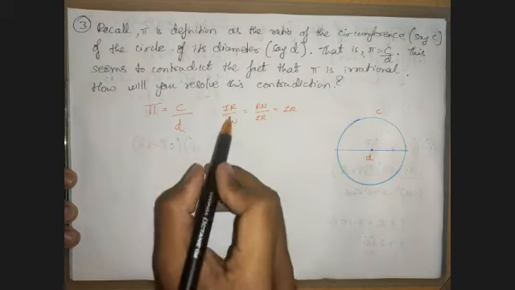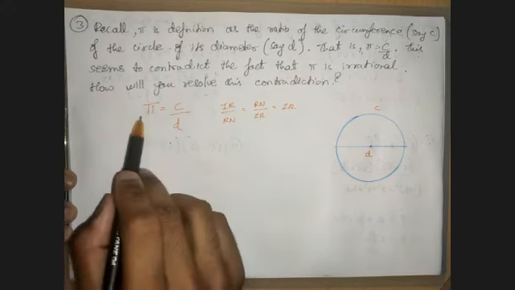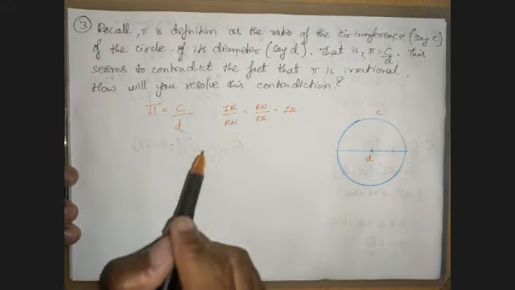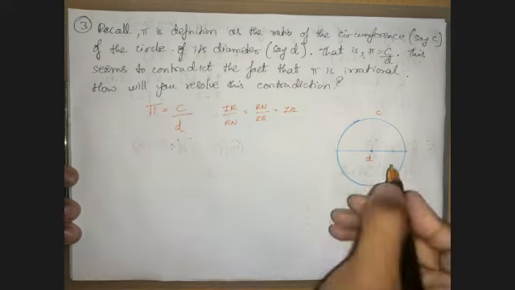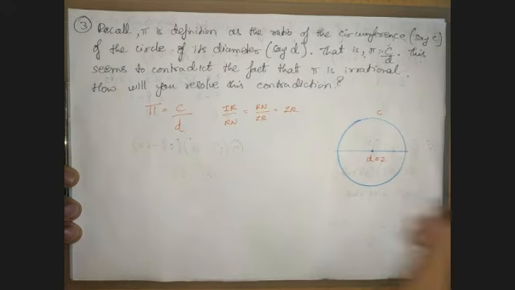So if we prove any one of these is irrational, then pi would be an irrational number. Now let me take d as exactly 2, that is a rational